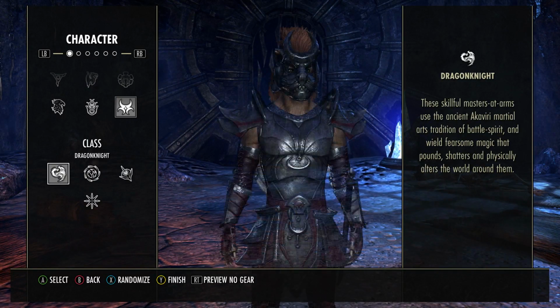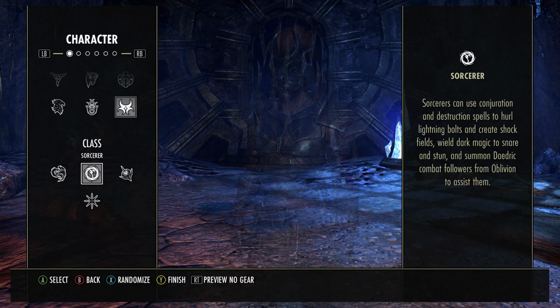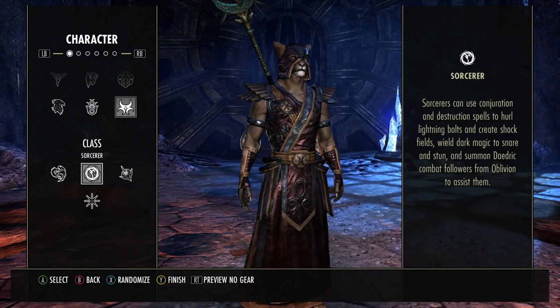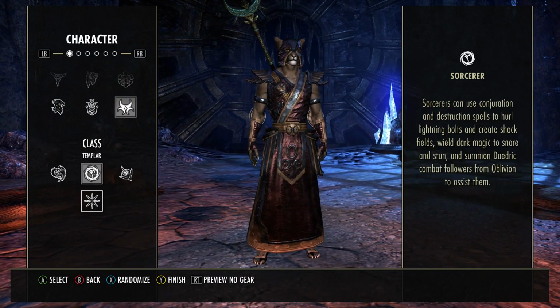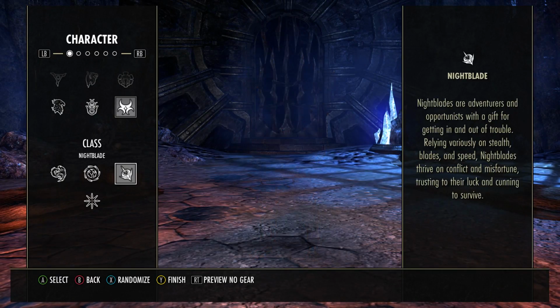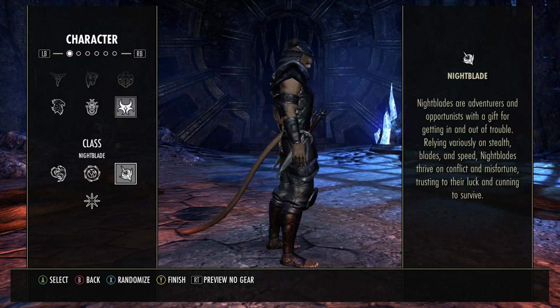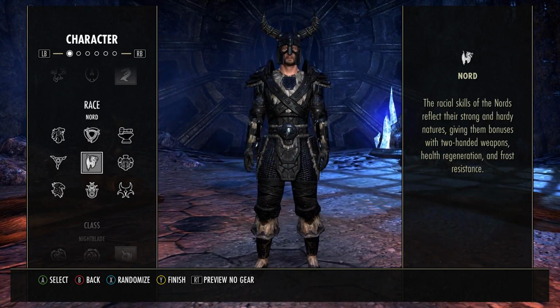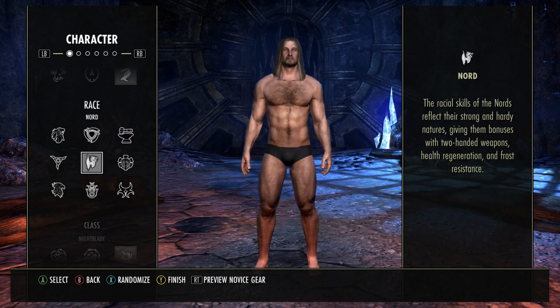Again, you have Dragon Knight. And you guys will see how different each one looks on the character as we switch also the classes. Templar and back to Nightblade. So I'm gonna show you guys just really quickly what the character customization looks like, and just so you can get an idea,